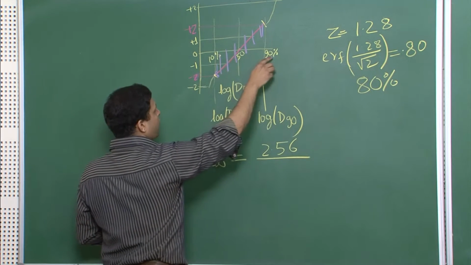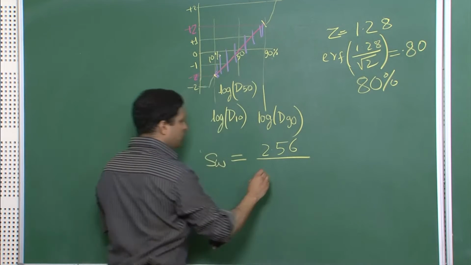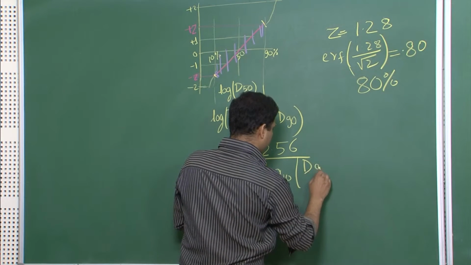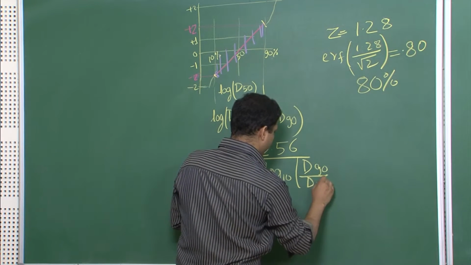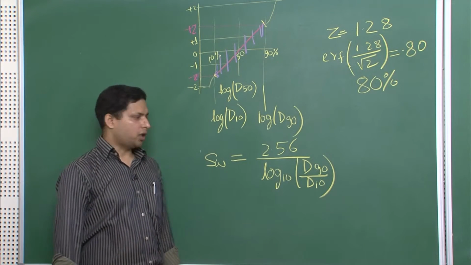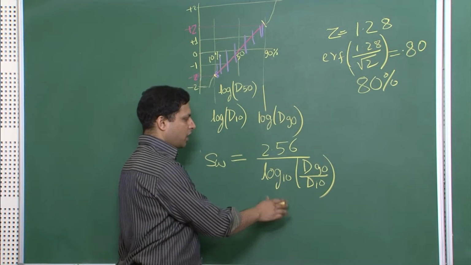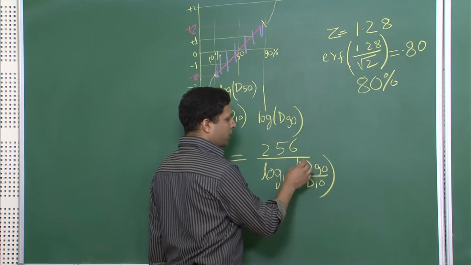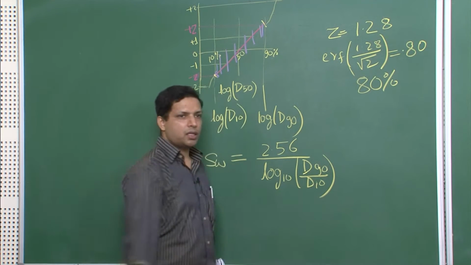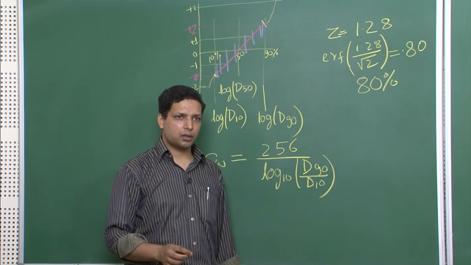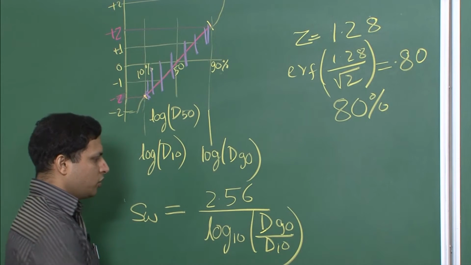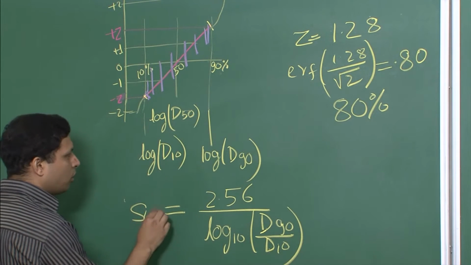and on the x axis we have log d90 minus log d10. So, we can write it as, now this is true no matter what the distribution is, because we have not yet put any actual value. We have just put symbolic numbers. D90 represents some value where 90% of the data is. D10 is a symbolic character which represents the diameter below which 10% of the data lie. So, once you put this, you will be able to get the slope of this line.